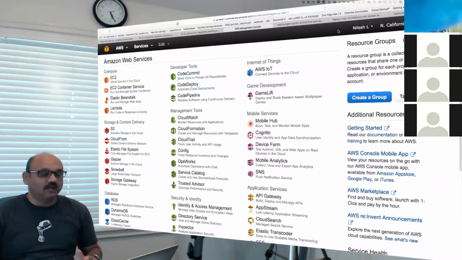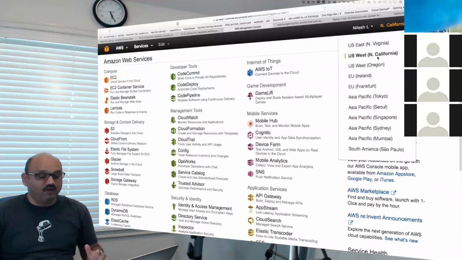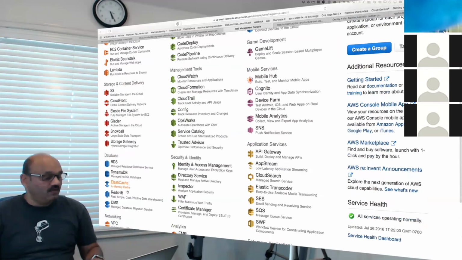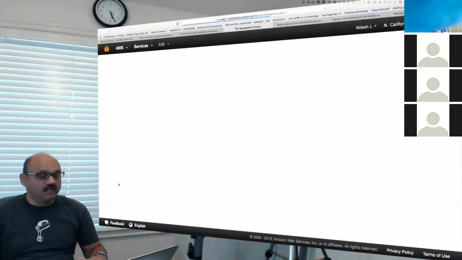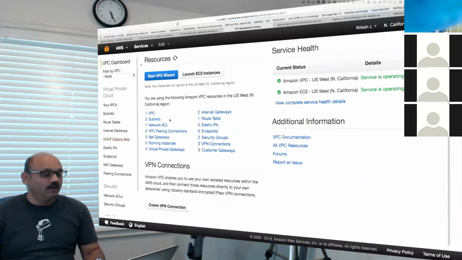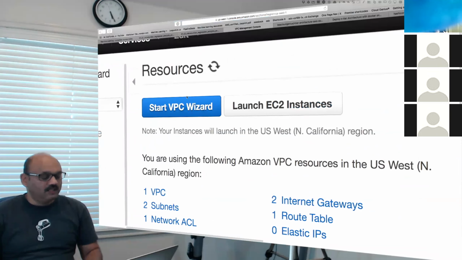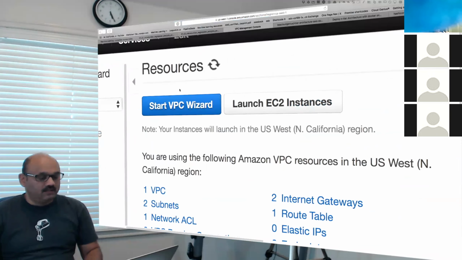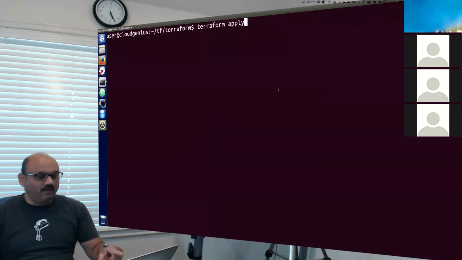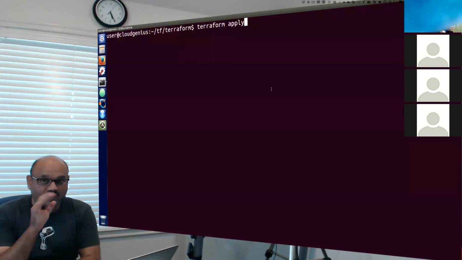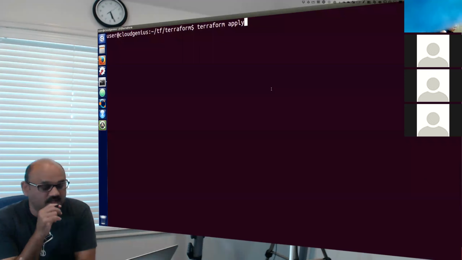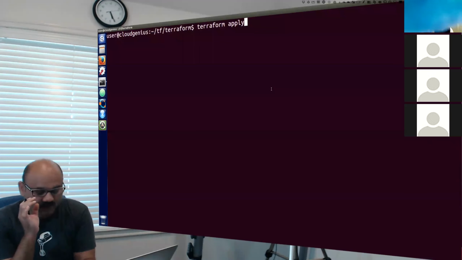Because I'm going to execute, and then I will have a new VPC in my Northern California region created for me with a bunch of machines and a NAT device, and all of that will be done for me through automation, and you will see it. Not this wizard automation, but our own Terraform automation. That's what we will be doing, and I will be executing this. So I'll wait for you to ask me if you have any questions at this stage before I hit enter. Anybody?